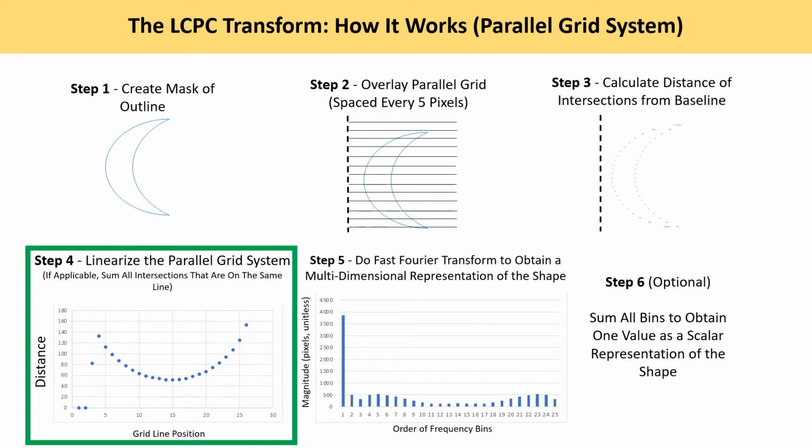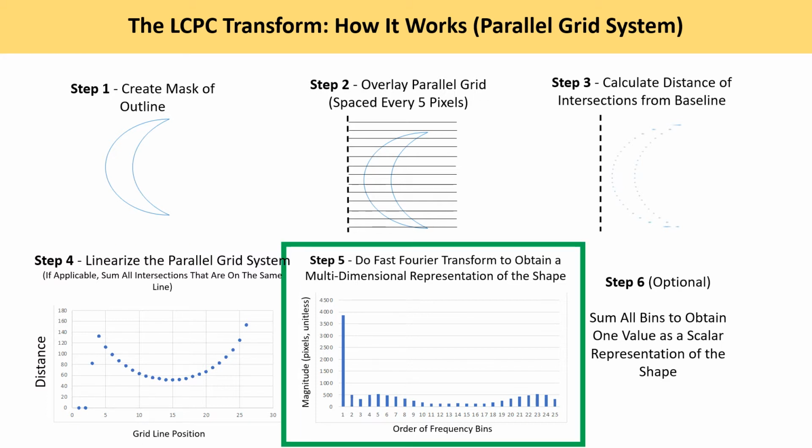If one line intersects the outline of the object multiple times, the distances from the baseline of the grid to each intersection along one line of the parallel grid are summed. A graph of the distances is made. Each line on the parallel grid is shown on the x-axis in the step 4 graph, and the distance is shown on the y-axis. The fifth step is to do a fast Fourier transform on this data to create a